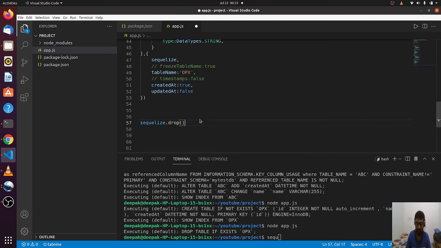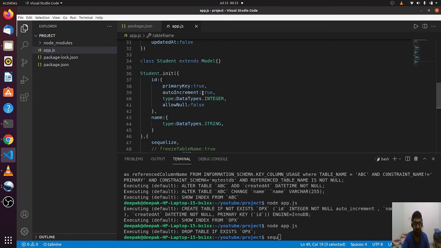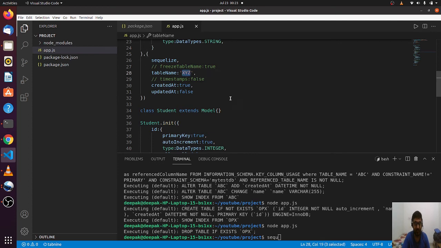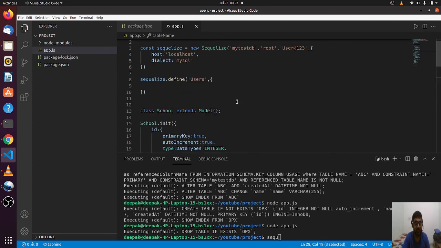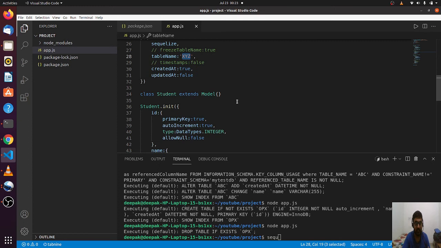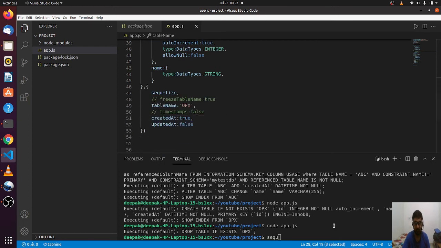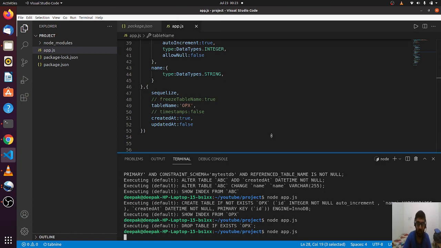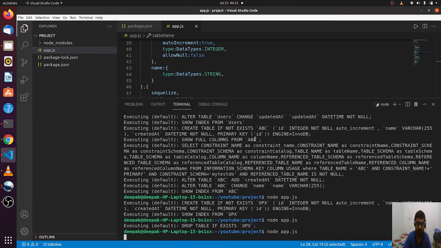We will drop it. So what it will do is see if this table exists, also if this table exists. It will try to see if any of these tables exist, or if both exist, it will try to delete all of them. Let's see how it actually works.